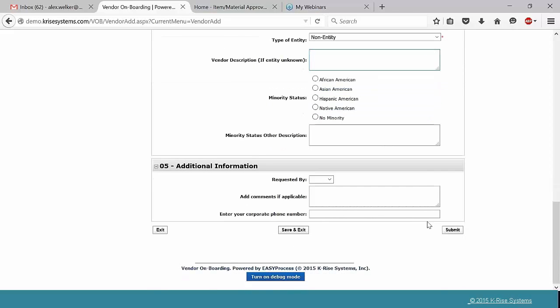And then we have our requested by. The other possibility you could do with vendor onboarding is you can do it on behalf of, and that's what our requested by does. So we could select other here, and then it would follow the approval flow of that person rather than myself. So if Kent needed something and I needed to follow the approval flow of Kent, I could come in here, select Kent, and have it follow them, but I'm going to have it follow the buyer's approval flow